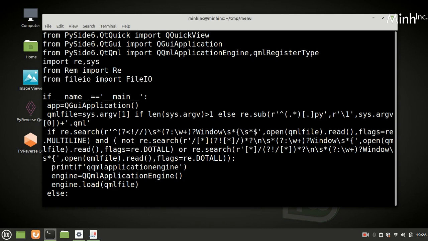So one is regular expression Python that we are using on that side, and one is file IO.